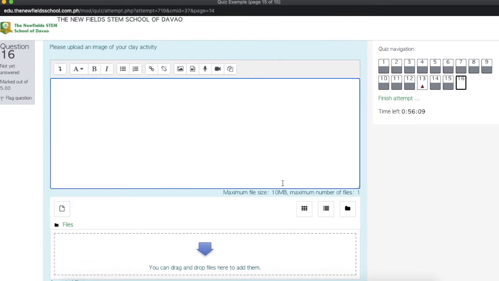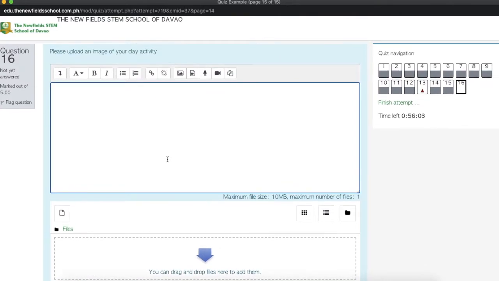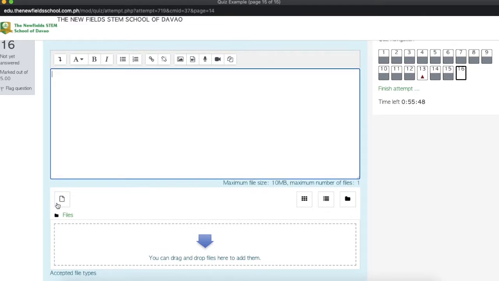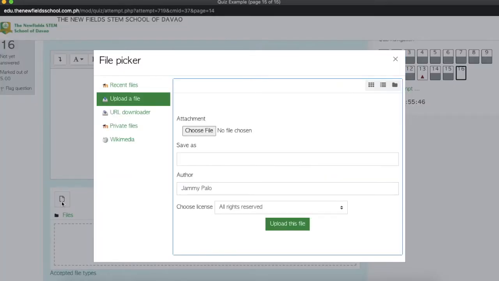If the teacher is requiring you to take a photo or a video, maybe you have a recitation, or you're supposed to recite a poem, or if it's a coloring book, tapos picturean, you can upload the file here. In order to upload the file, just click on the document icon and it will open the file picker. When we click on choose file,